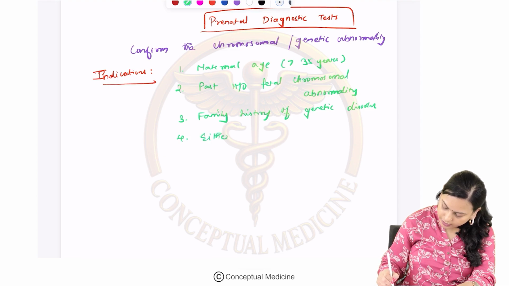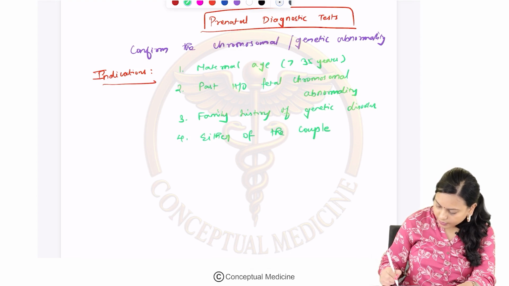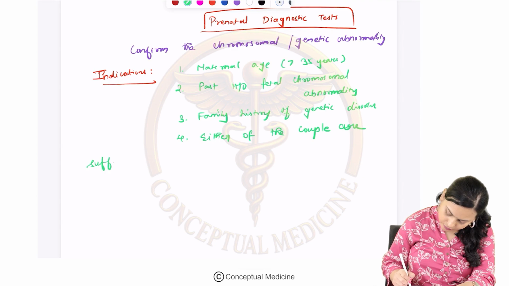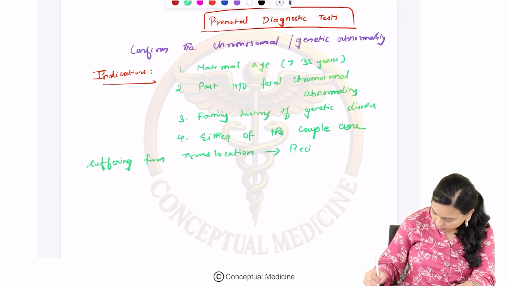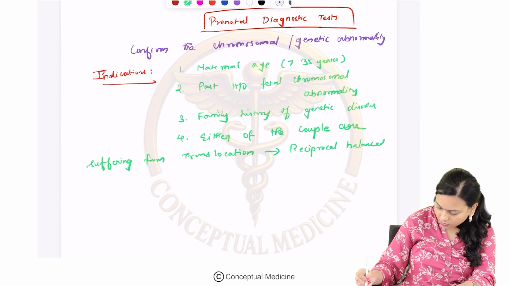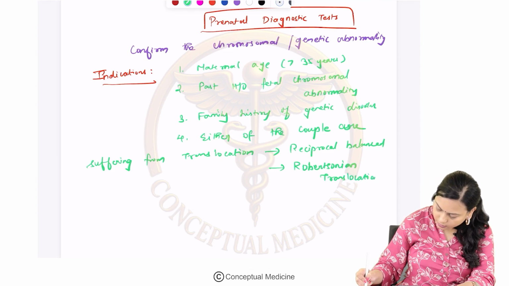when either of the couple are suffering from translocation, namely reciprocal balanced translocation or the Robertsonian translocation, and